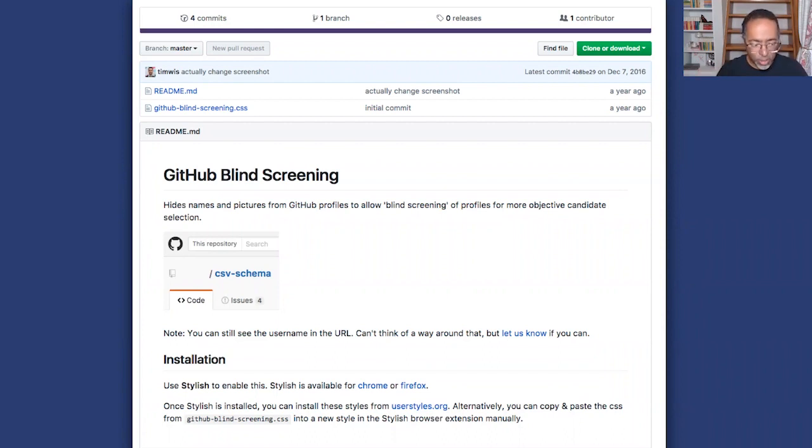Of course, once they actually saw that web developer's profile, all the personal information would be there and ruin the experiment. So clever people that they were, they created a little Chrome plugin, a program that would anonymize that information as the page loaded. And then just to complete the circle, they took that code and put it back on GitHub, and it's there now if you ever want to try this yourself.